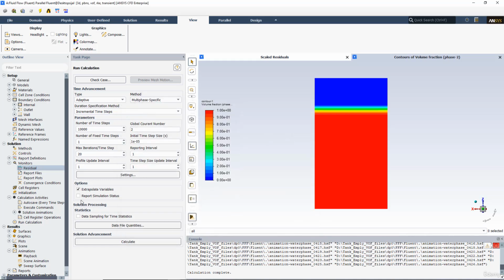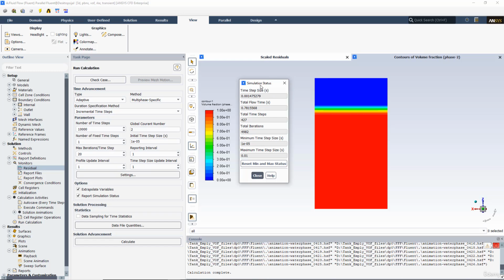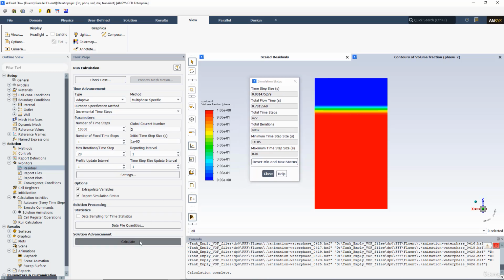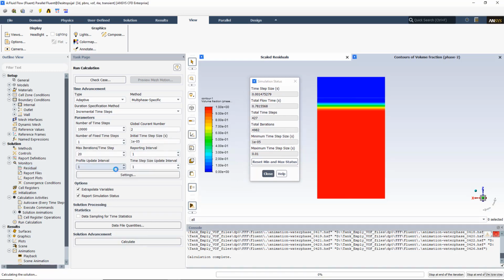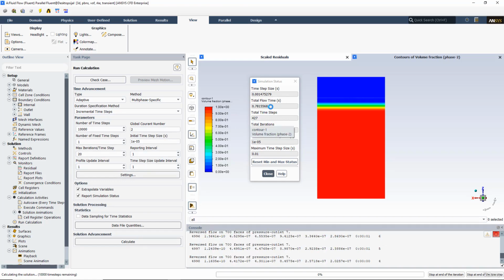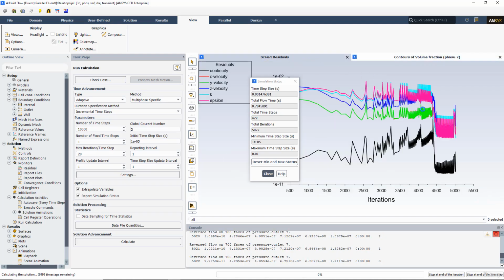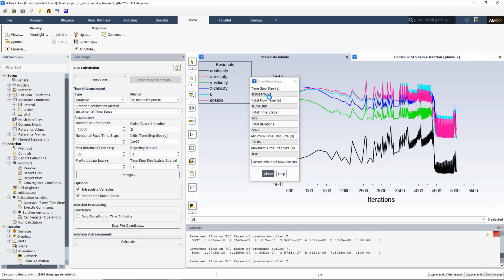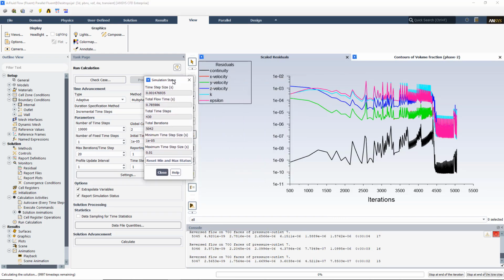So now click on OK, and also click on report simulation status, and it should be turned on. So you can see it on the screen. Okay, so you can see now that it is converging in this way. And you can also see all these things over here. So right now the time step size is